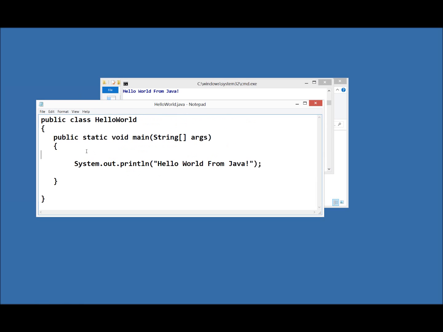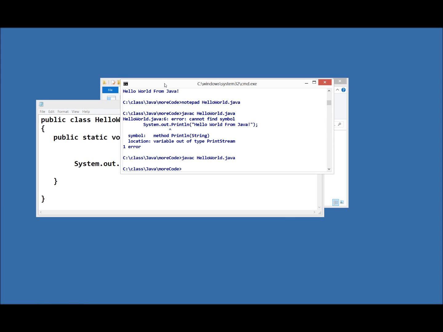Let me go back over here. Let's start to remove these braces. See this curly brace right here? I just removed it, right? And I'm going to save the file. Now that means I declared a main method, but I never said that I've got code that I'm going to be writing underneath it. So save this, go over here, compile it